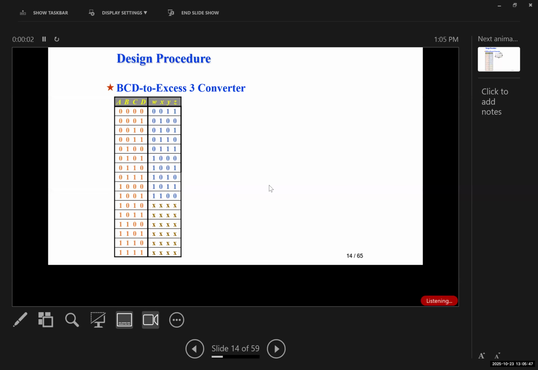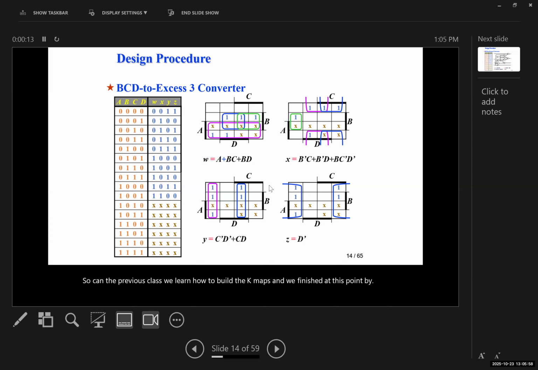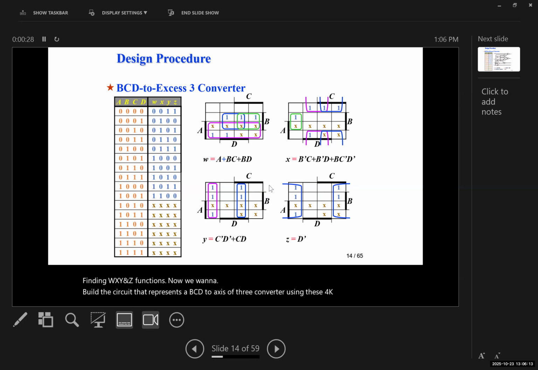Let me start from this. So again, in the previous class we learned how to build the K-maps, and we finished at this point by finding W, X, Y, and Z functions. Now we want to build the circuit that represents a BCD to excess of 3 converter using these 4 K-maps. So the first K-map we found W to be A plus BC plus BD. So simply we can have